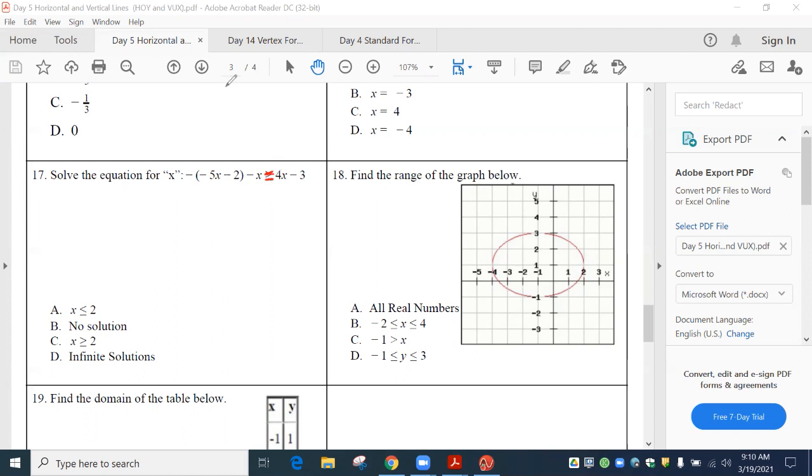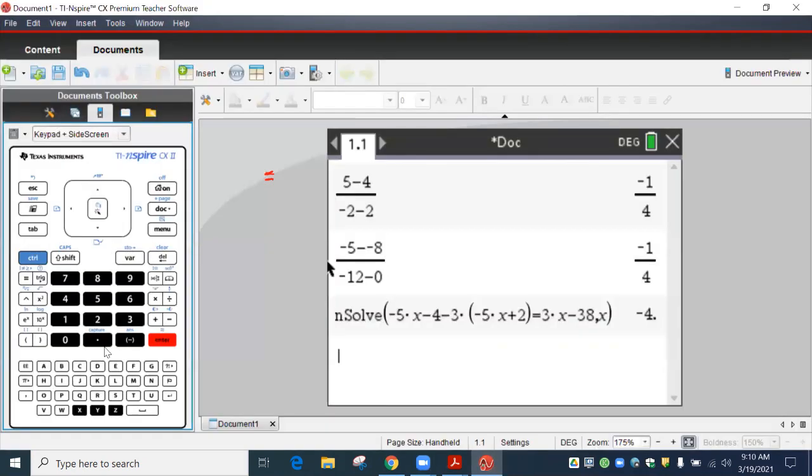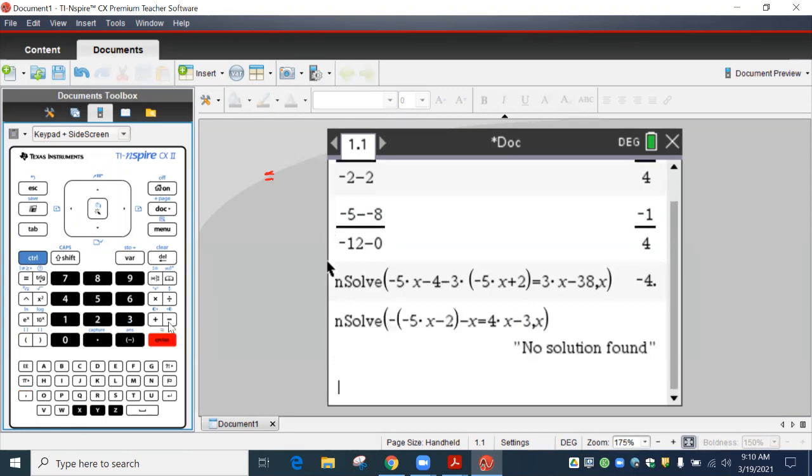Well, I'm not going to work it out. So we're just going to type this in. So we're still doing menu 3.1. And we're going to type this in. So minus, and then parentheses, minus 5x minus 2, close parentheses, minus x. And then make sure you put the equal sign. And then 4x minus 3, comma, x. And then, like I said, even when you see no solution,